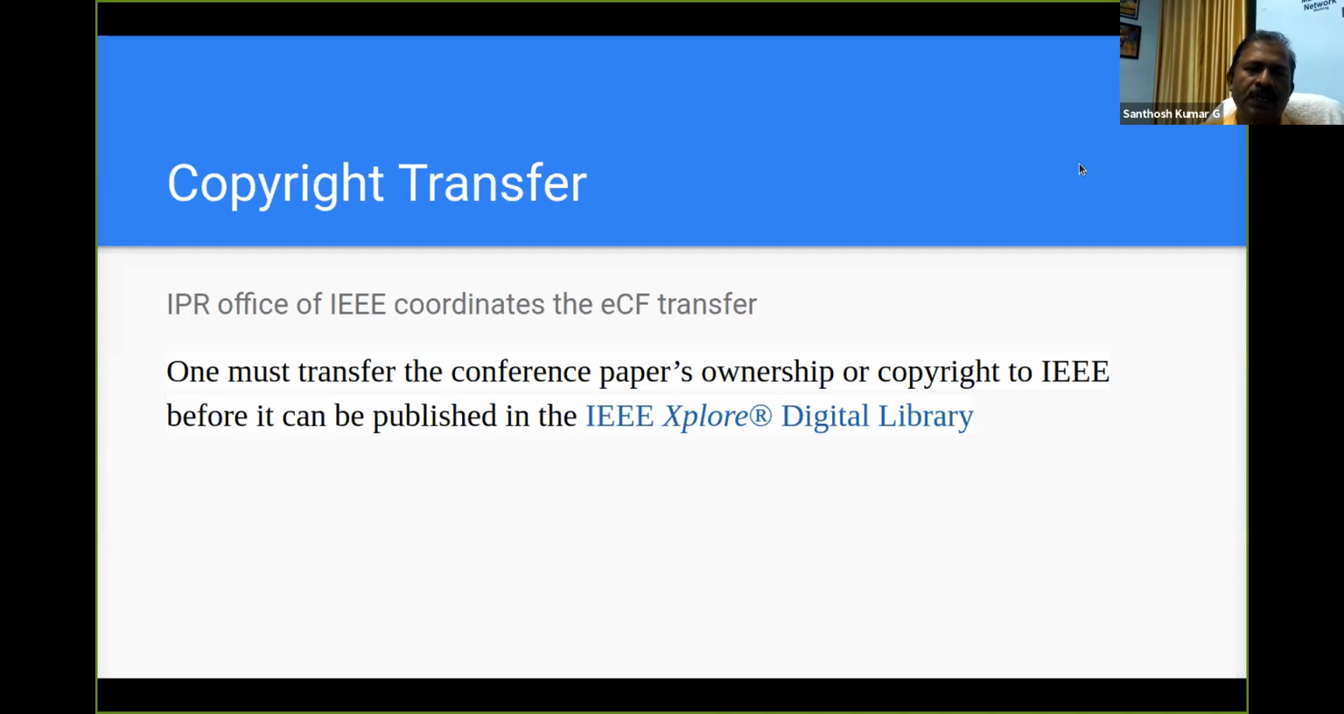That means once we publish a paper, and IEEE accepts it and publishes it in its journal and disseminates it through IEEE Xplore, the copyright stands with IEEE. So the IPR office of IEEE coordinates the e-copyright transfer of any kind of material, whether it is a journal, magazine, or even a conference paper. One must transfer the conference paper's ownership or copyright to IEEE before it can be published in the IEEE